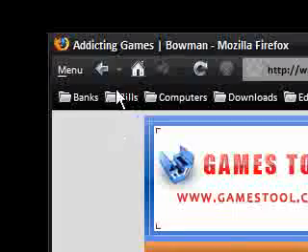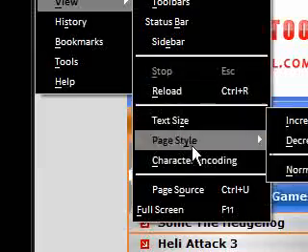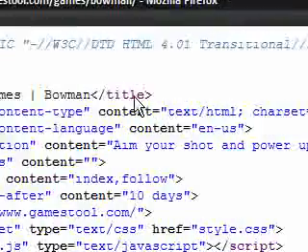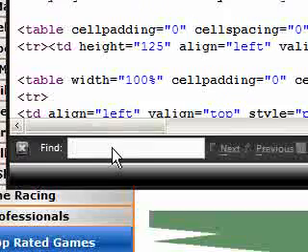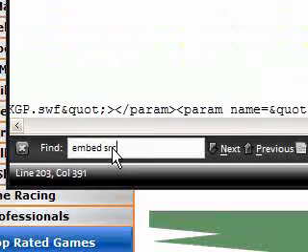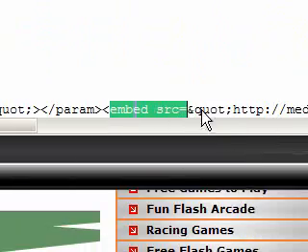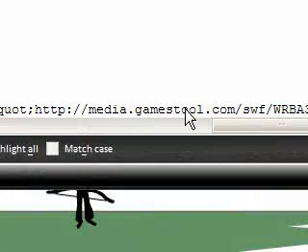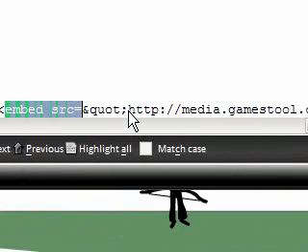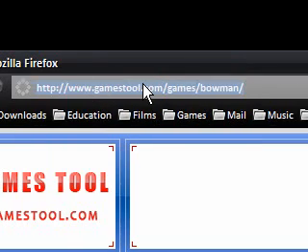So what I'm going to do is say menu, view, and then page source if I can. This will be pretty much the same on Internet Explorer, and then we're going to say embed src equals, and you'll notice it says embed src and then a quote, and then it's got a web page. So if we scroll across, you'll see it says media.gamestool.com/swf. So we're going to copy this, Control C,